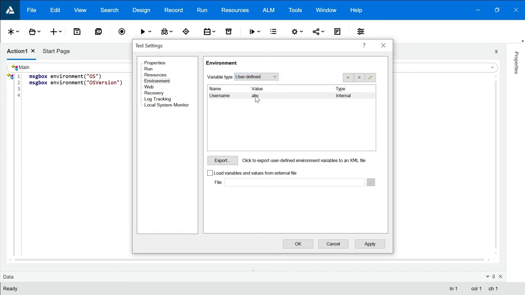I have to come over here, change the value, and it will be reflected in all 10 test cases. I need not go manually to my 10 test cases and change it. It will automatically get reflected.